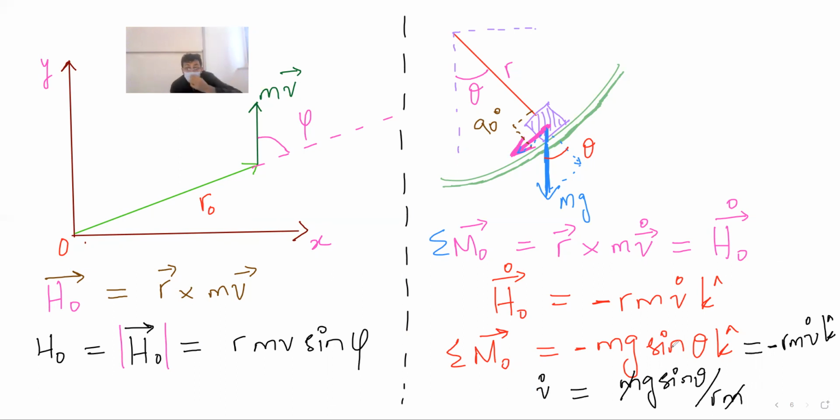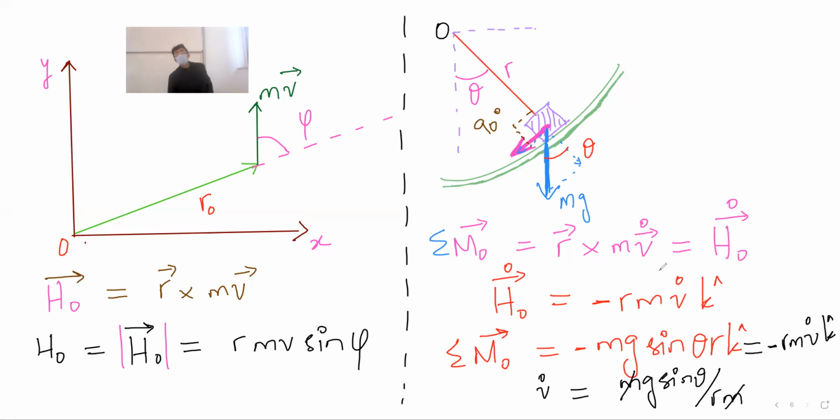There is some mistake that I did. Summation of moments is equal to r cross mv dot. So summation of moments is, this is mg cosine theta, this is mg sine theta. If I have to take the summation of moments about this point, which you call your point O, then it will be mg sine theta multiplied by the distance r. So summation of moments should have minus mg sine theta multiplied by r. I have already made a mistake, but no one pointed out: minus mg sine theta r, and there is a